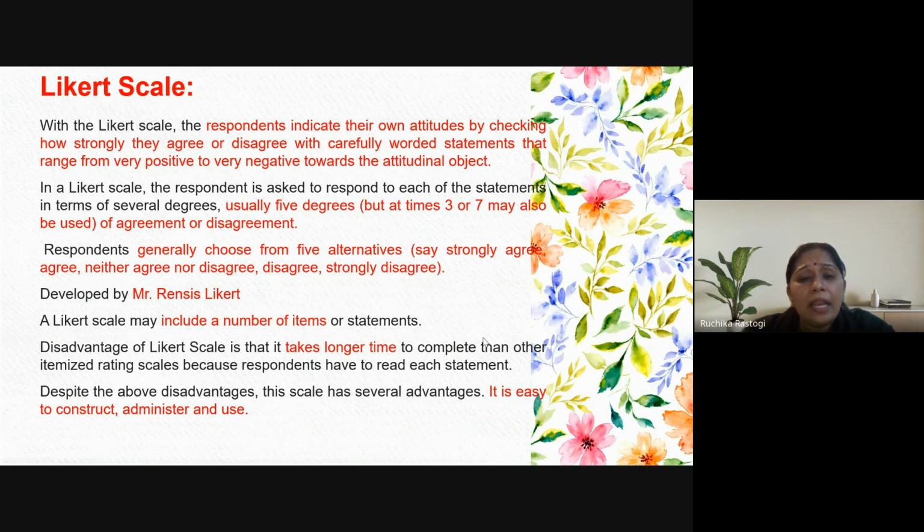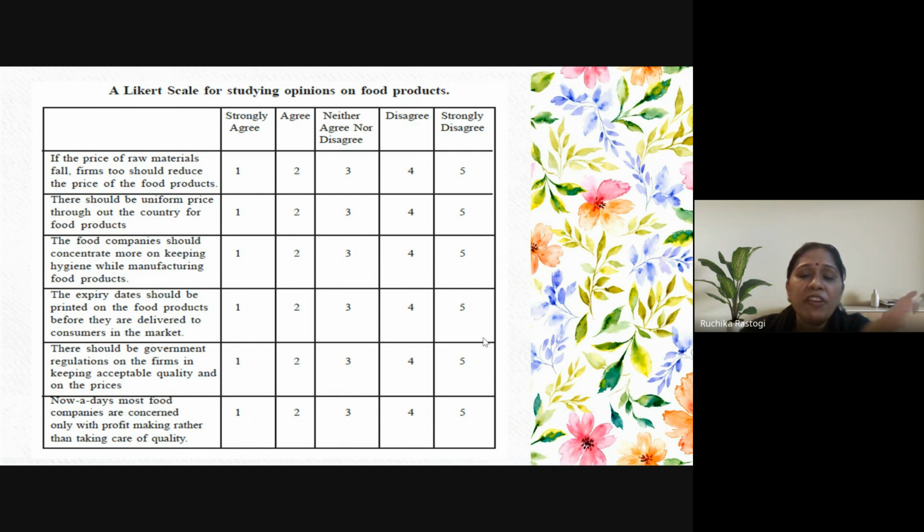So the Likert scale is to be used very diligently, because it changes the responses and the complete inference of the questionnaire. If you are just taking a 3-point scale, your study will be limited to only 3. Taking 7, there could be so many things which will come out. So I have given the 5-point Likert scale example in front of you, which everyone must be knowing. This is an example of studying opinion on food products. So some questions are made and these options are given.